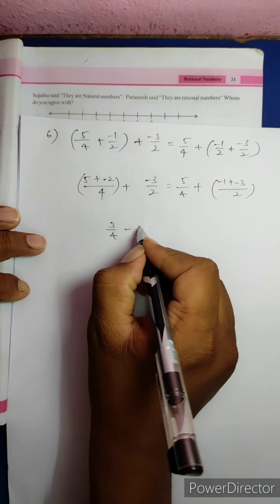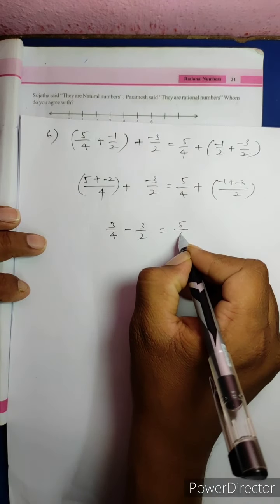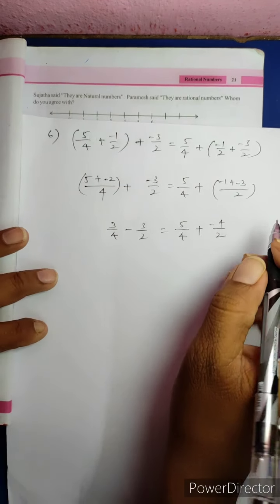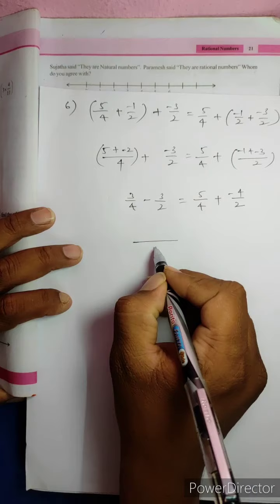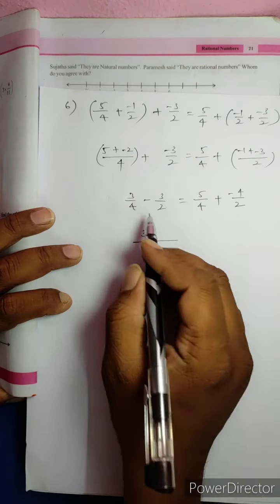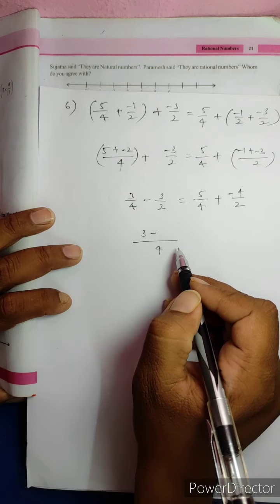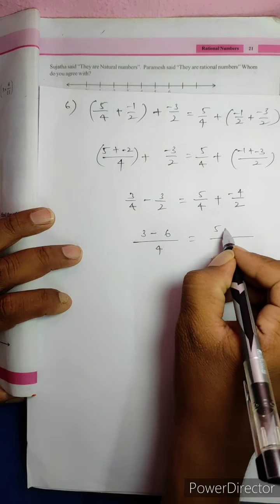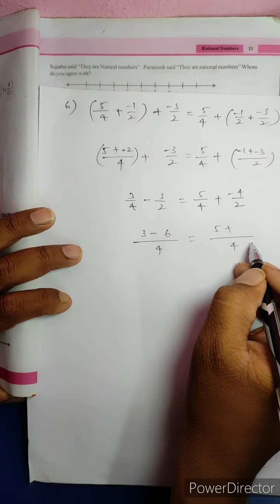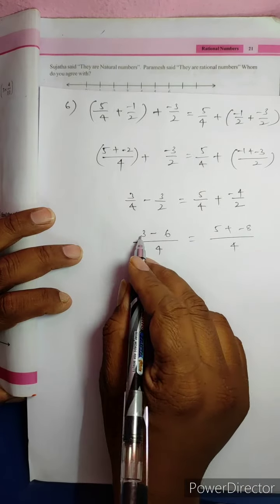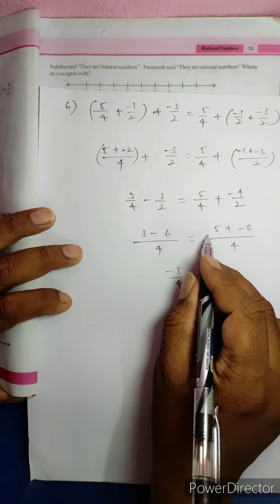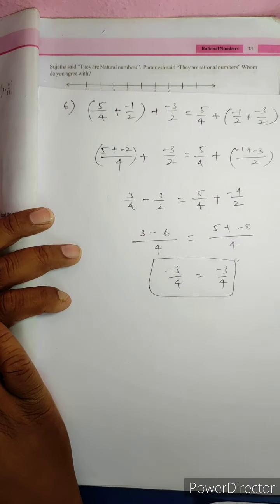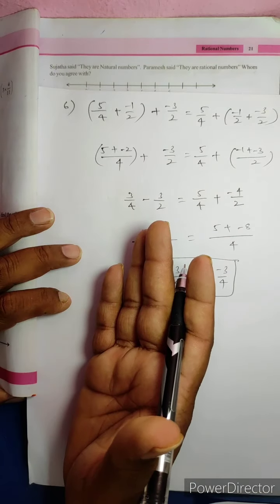Now this plus into minus is minus. 3 by 2 is equal to 5 by 4 minus 3 minus 1 minus 4 by 2. Okay, now the LCM of 4 and 2 is 4, same denominator, so write the same numerator 3. 2 2s are 4, 2 3s are 6, is equal to 5 by 4, whose LCM with 2 is 4, so write 5 as it is. 2 2s are 4, 2 4s are minus 8. Now 3 minus 6 is minus 3 by 4, 5 plus minus 8 is minus 3 by 4. We got the same LHS and RHS. So we were asked to verify the following.